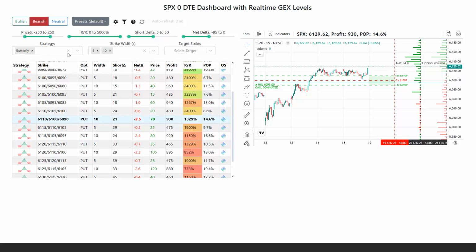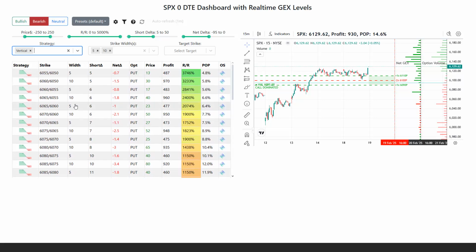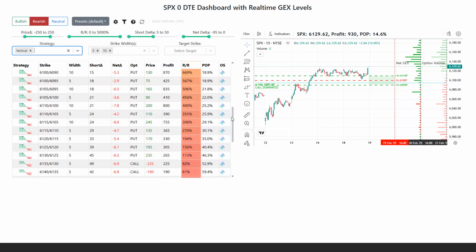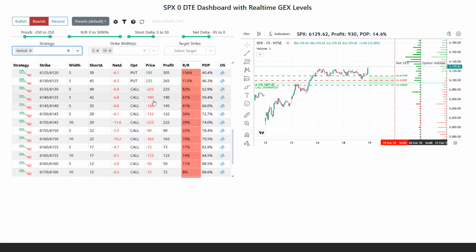Here, the principle is the same. If I only want to see verticals, then I select the verticals. Here, of course, there are bear put spreads and bear call spreads. Based on the price, I can clearly see which is which, but also on the chart. Where there are green values, those are debit strategies. So in this case, the bear put spread, where it's red, that's the bear call spread, because those are credit